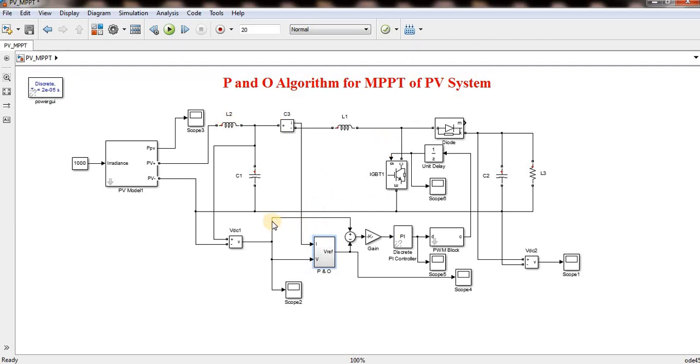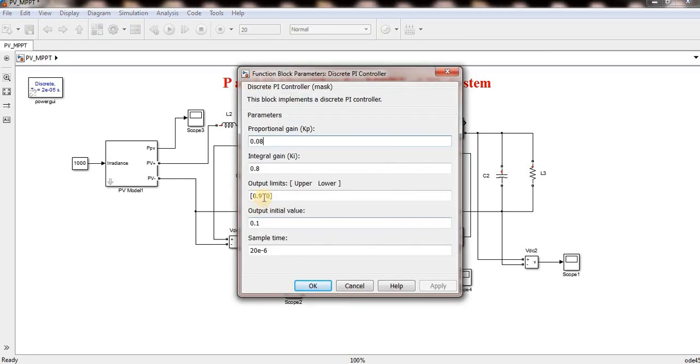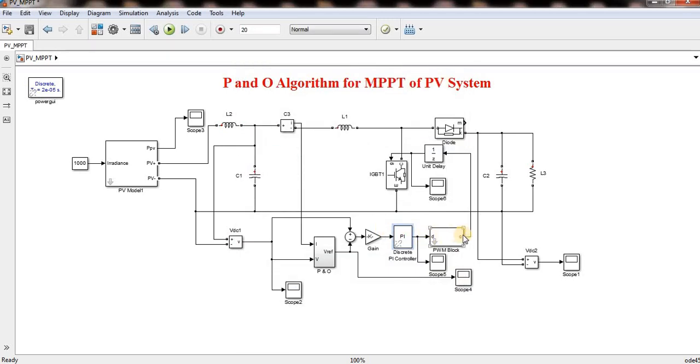So if 550 is positive and 500 is negative, then positive 50 will come. With positive PI gains, I can get the pulses. If it is negative, let us assume 550 is negative and 500 is positive, then negative will come. Negative PI will come to 0, because I have given a minimum lower value of 0. So the pulse will come to 0. So once the pulse is coming to 0, the switch will not be on.